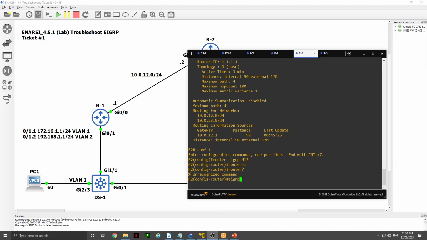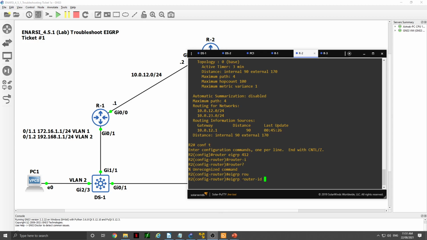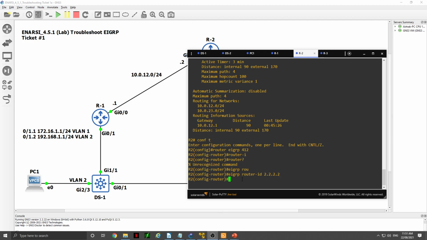It would be right if I could remember the commands. I've got to put EIGRP in there first, then router ID. Why? It's just one of those things. I'm getting old and forgetting. Alright, so router ID is now set to the appropriate ID, but